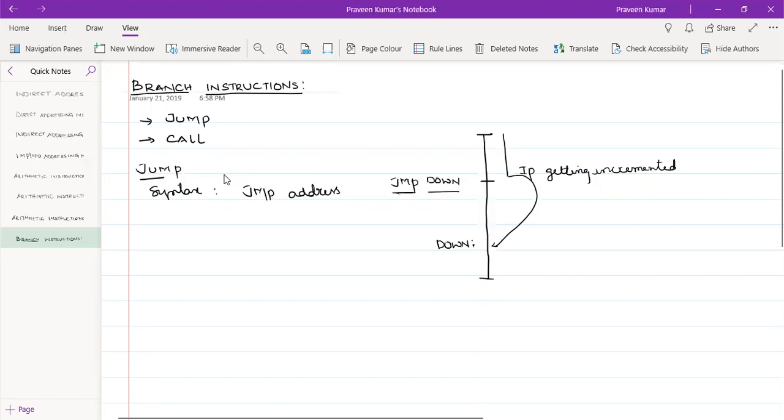The moment the jump instruction is fetched, the IP is pointing towards this particular address.